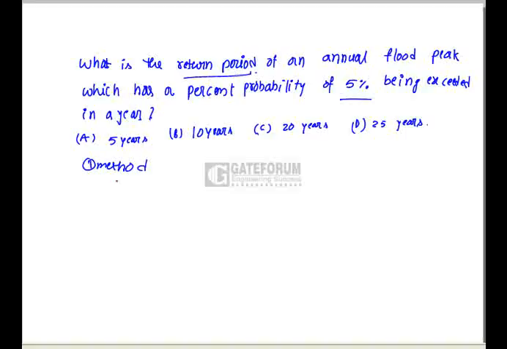the return period, we will consider it as T, is equal to 1 by percentage probability of being exceeded in a year. It is equal to 1 by 0.05. That implies 20 years. So option C is correct. And second method